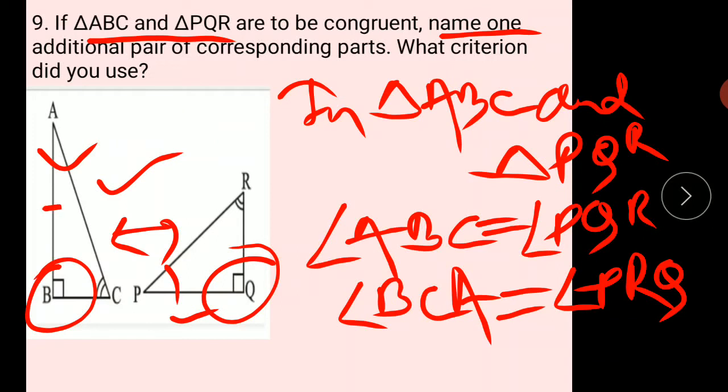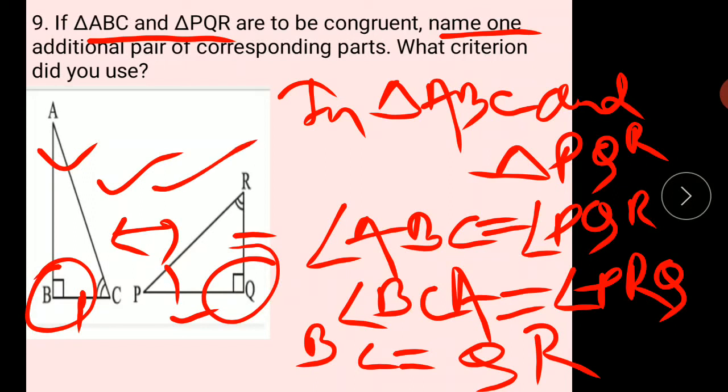So I will give AB is equal to, or if you don't want to choose AB, if you want to say BC, then I will say it will be equal to QR. So you may write BC is equal to QR. It's your choice which side you want to choose, which side you like the most, in the given figure only. So with this, our congruency,